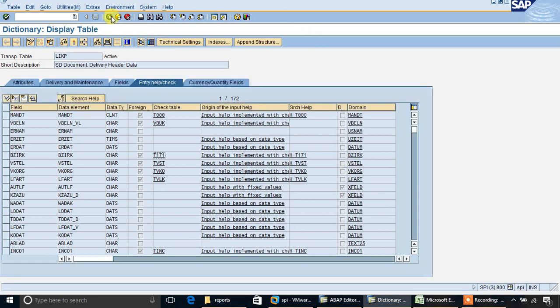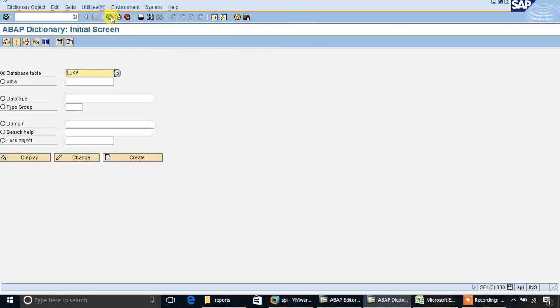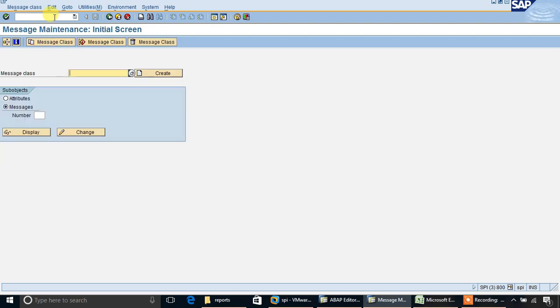So message class, transaction SE91. This transaction code is for message maintenance, message class. Here all default messages are in the C5 message class.